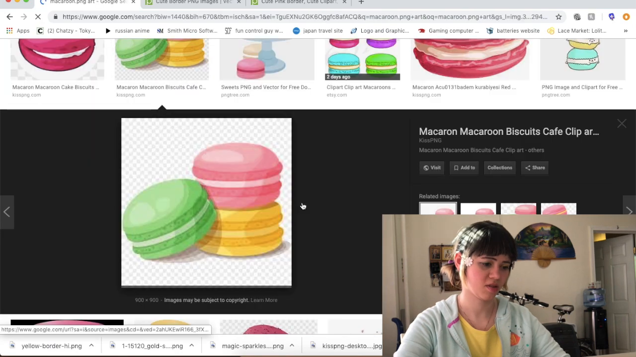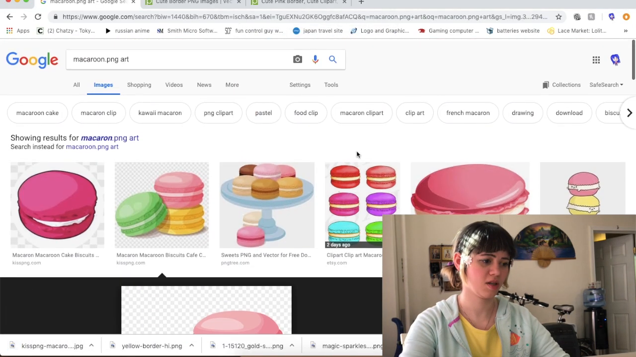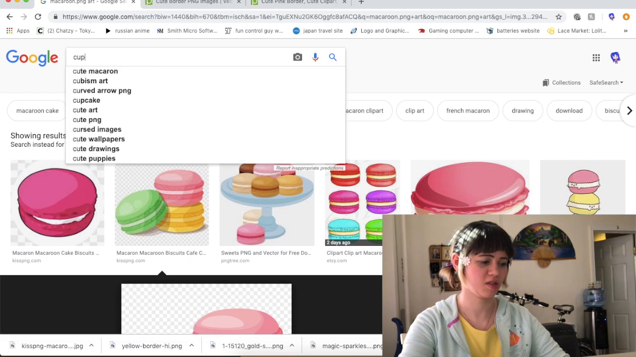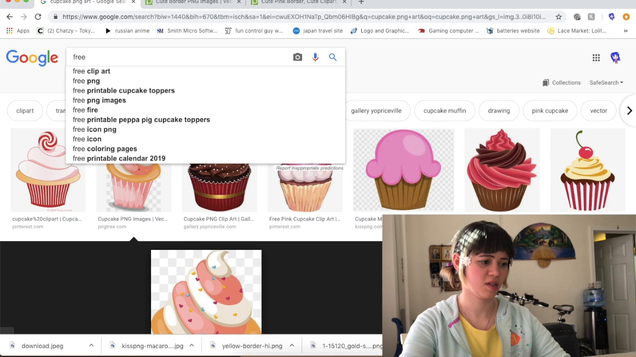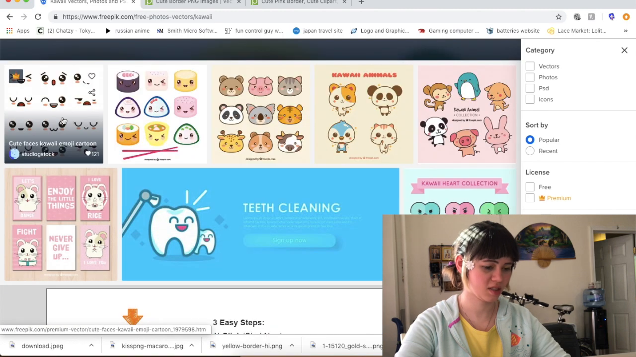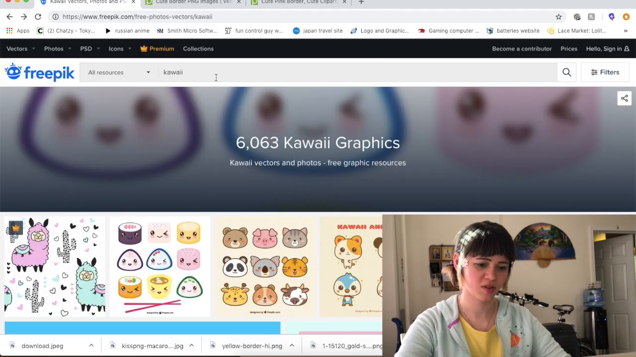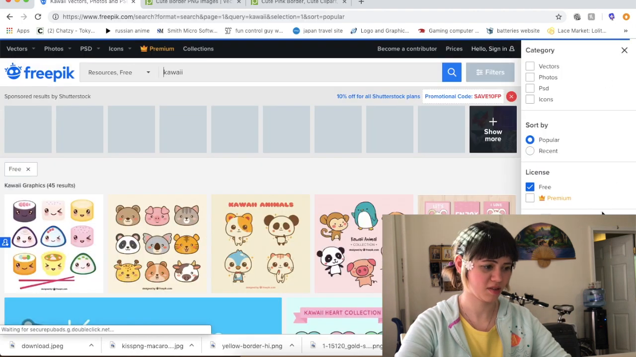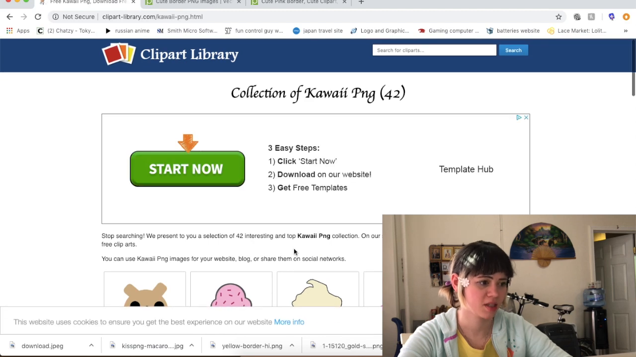Macaron.png art. Alright, let's save this. And then let's do cupcake.png art. And let's save that. Free Kawaii PNG. Alright, so I'm just going into here, and it looks like there's a lot of cute things here. Let's filter to free. Alright, there we go. So I just entered here